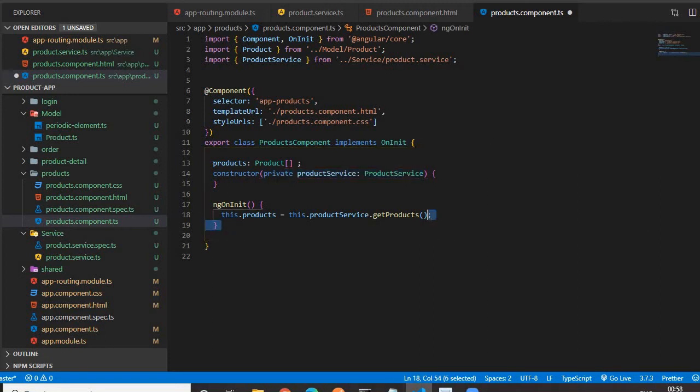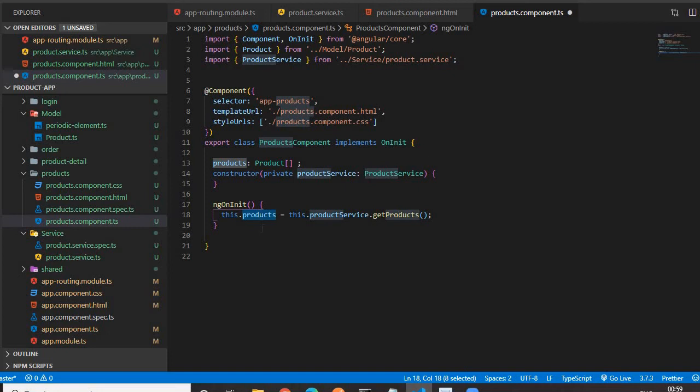Okay, so now this will return the array of objects. That array of objects will be assigned to this variable, product. Now this product is initialized with an array of objects, an array of product. That's why I have written the type of this variable as array of product. This is the product interface, and as it is an array, we have given the array symbol. So now this product contains an array of product.